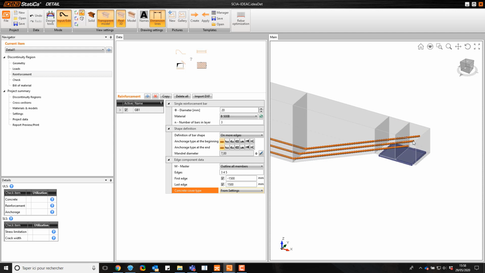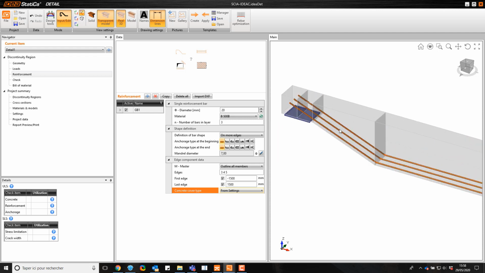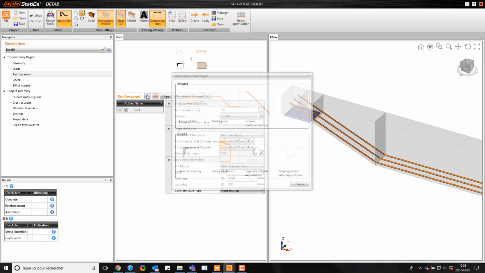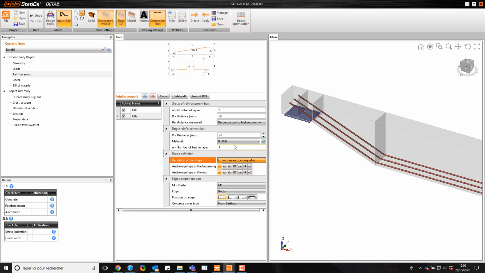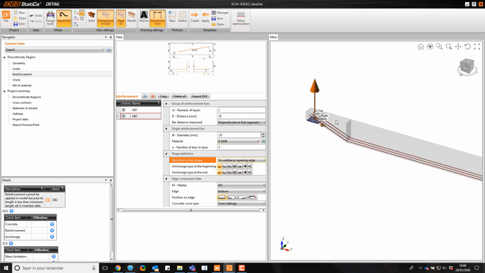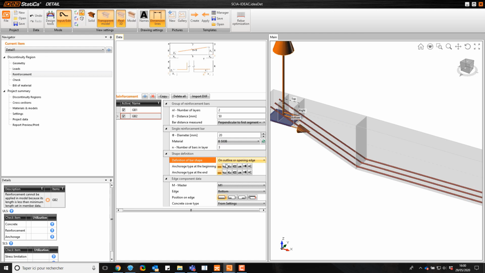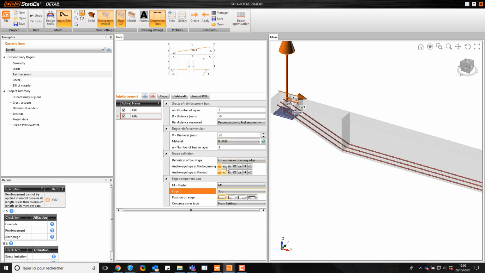So once we do it, then I'll add just another bar. For example, this is much easier if you want to add it just on top of the element. I'll add also the anchoring. So in this case, I'll put it on top, and then okay. Then I can add my two anchors. At the moment they are up, but we will see that later they will be following our